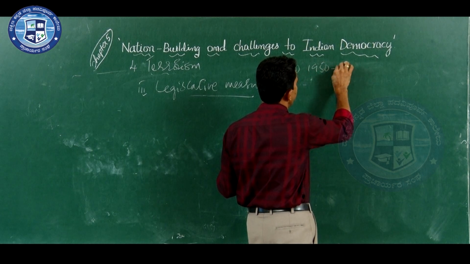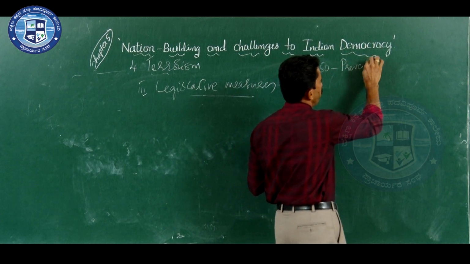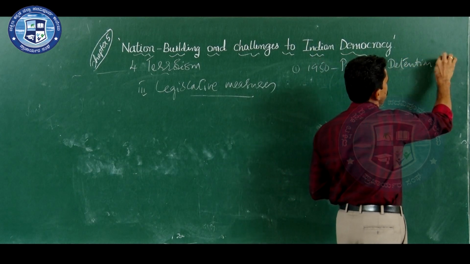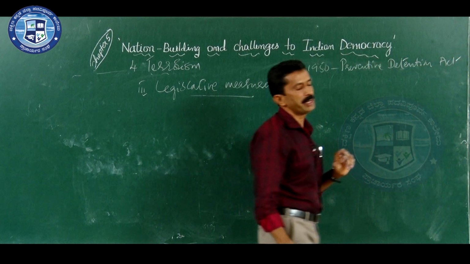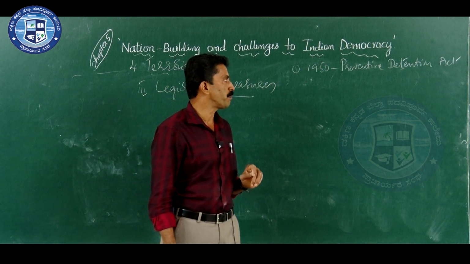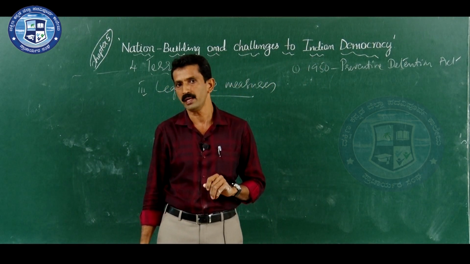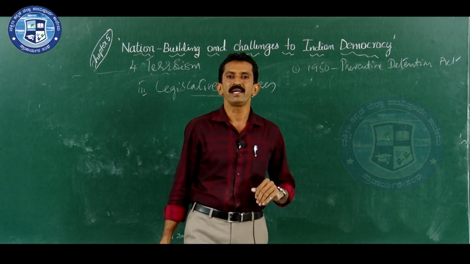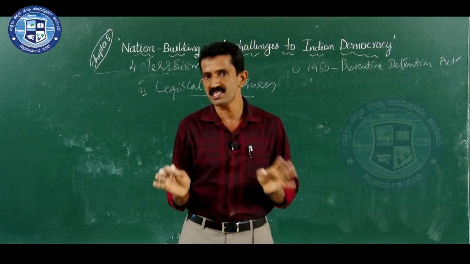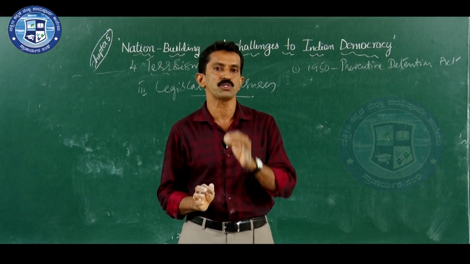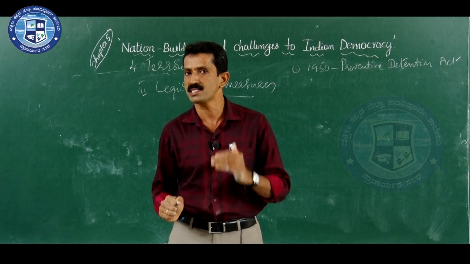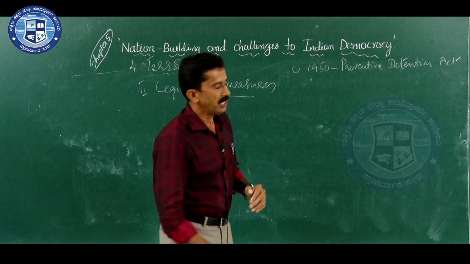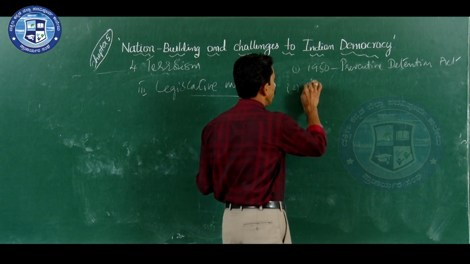In 1950, the Preventive Detention Act was made. It is still in practice. It was the first law made mainly to prevent anti-social activities in India. The intention of this act was to prevent anti-social activities in India. It was a Preventive Detention Act. And the second act which we can discuss